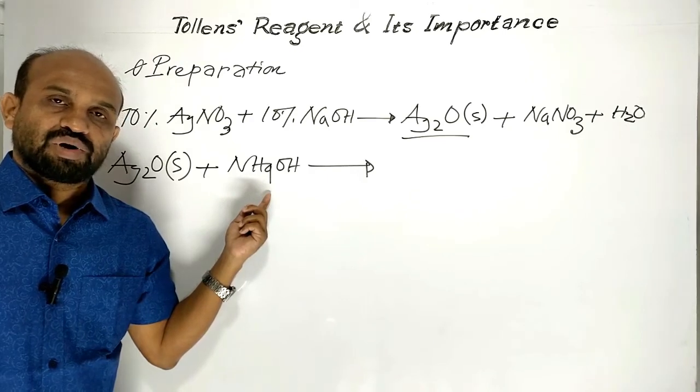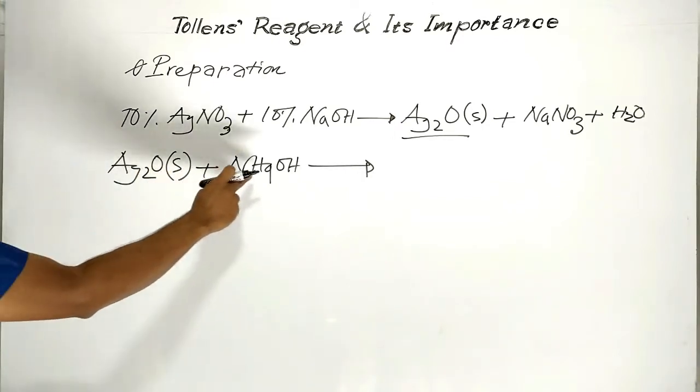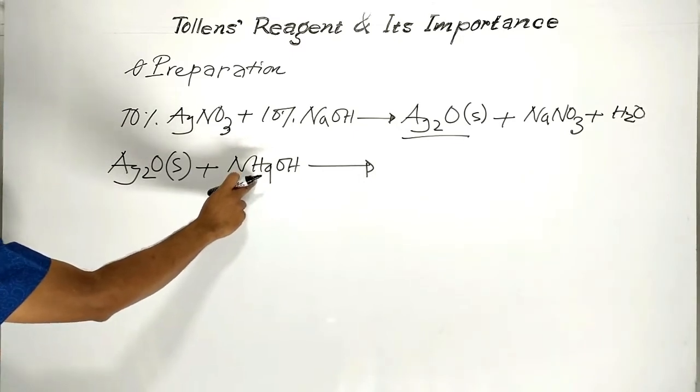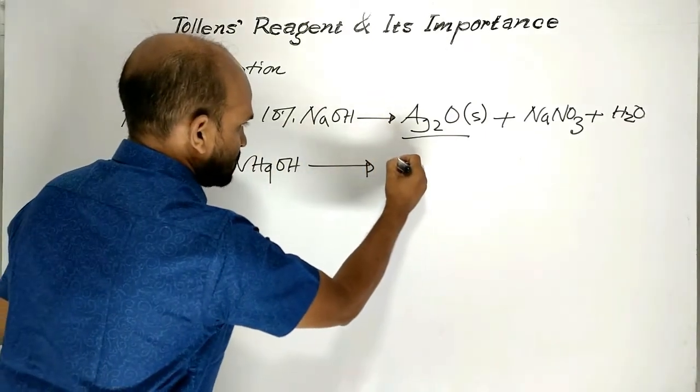A concentrated solution of ammonia is added to the solution in which silver oxide remains as precipitate. Ammonium hydroxide is added until silver oxide dissolves completely. Then this is obtained,